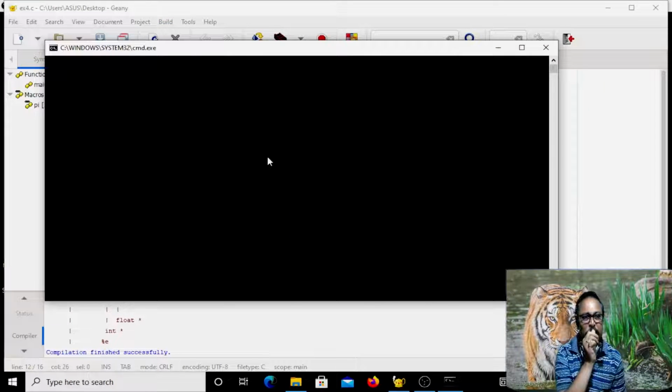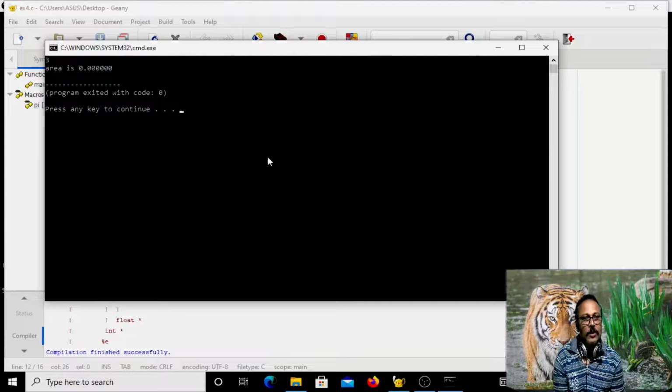Okay, execute. It is waiting. For what is it waiting? It has not printed anything. Why is it waiting? Because you have used the scanf statement. You are trying to read it, which means it is expecting you to give the value of the variable, that is r here. So I just give it as 3. So area is